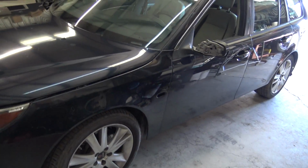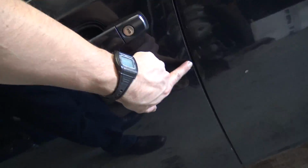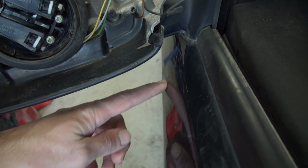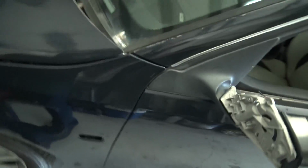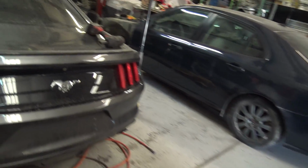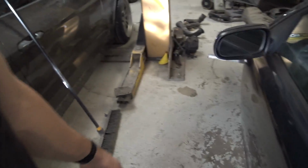So the other thing I wanted to do is I do need to replace this mirror, but this door is the one that has the little dink in it right there. It's not really that bad, but if I end up respraying basically the whole car, I'd do that anyhow. I'm trying to decide if I should just throw that whole door on here and not mess with it. But since this one is out of the flooded car, I would need to replace the door panel, the speaker, and the wiring harness on it too. So I don't know, maybe for now I might just pop this off real quick, throw it on there,